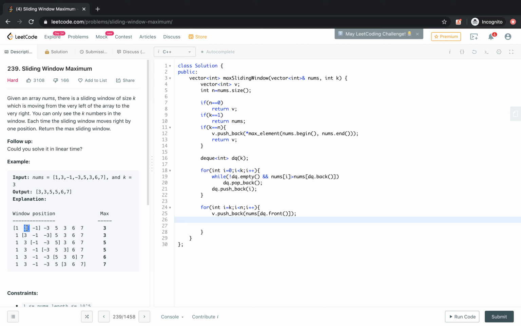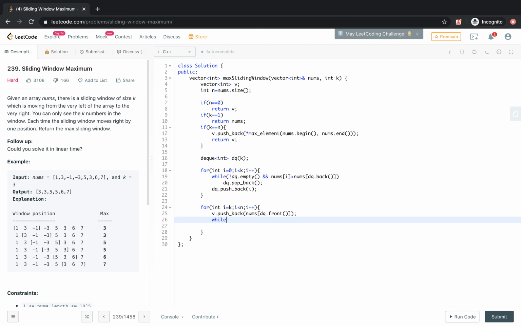Like this index is 1, this index is 2, this index is 3. If we are doing i equal to 3, then whatever elements are in the DQ should be in this range only. So 3 is the index in this range, so here we will not pop it out. But suppose some bigger element is there, then we have to pop it out.